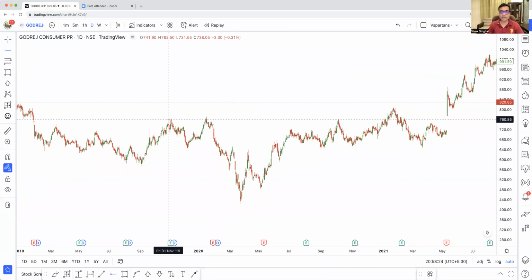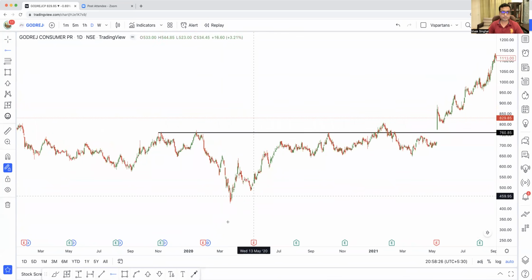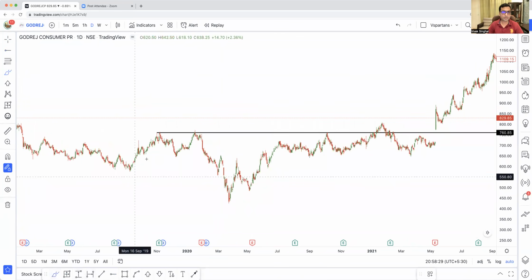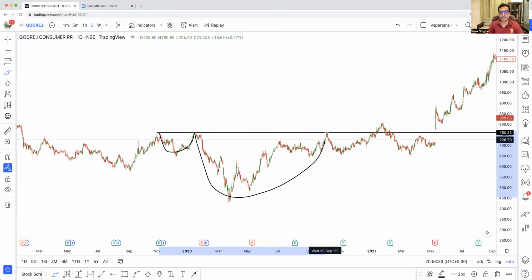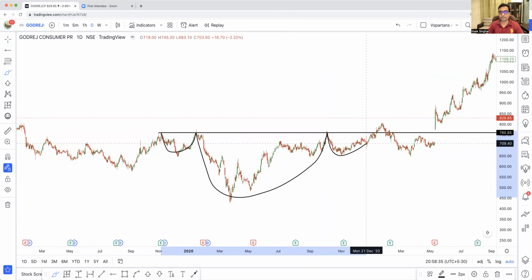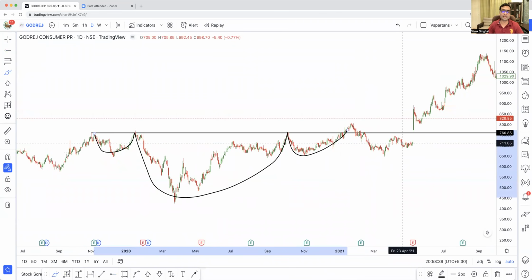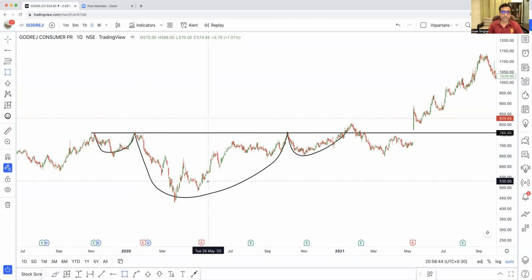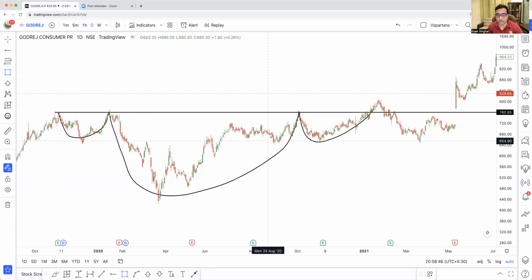There was a proper reverse head and shoulder pattern. This was the left shoulder, this was the head, and this was the right shoulder. It gave a breakout but came down again, right? So where we would have bought it,